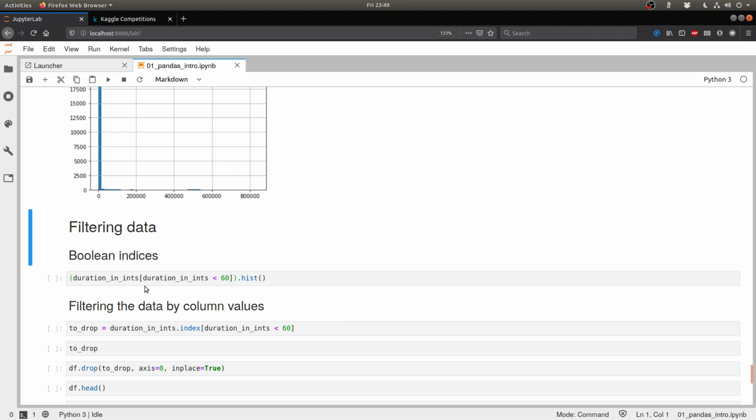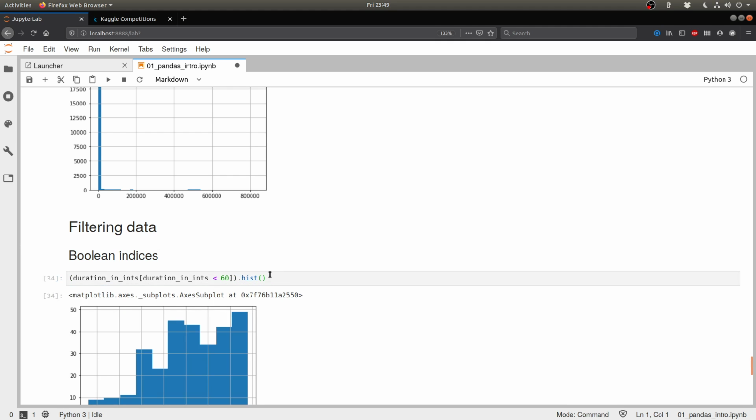And that's exactly what I'm going to do over here. We say that find those rows in duration in ints such that their value is less than 60. So we are basically trying to find out all the people who submitted or finished the survey in less than 60 seconds. And from that, we are going to calculate the histogram. So let's take a look at this.